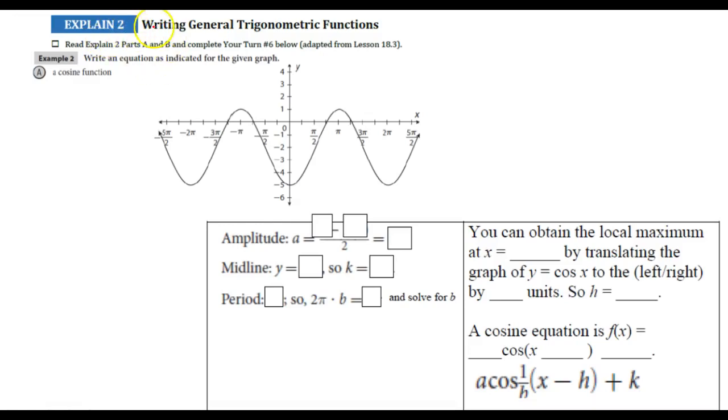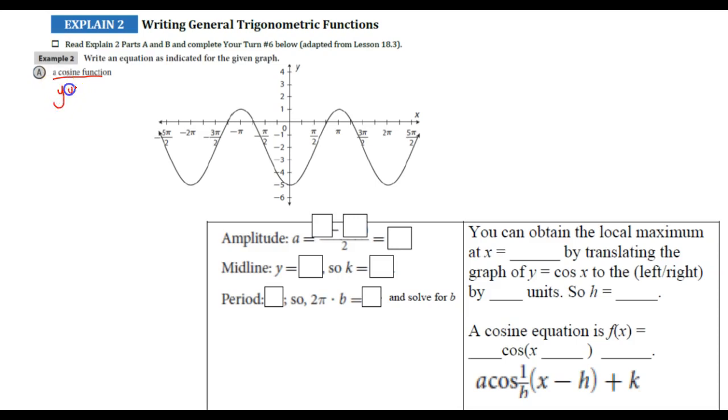Welcome back to Explain 2 of 18.3, Writing General Trigonometric Functions. So here they're going to give us a graph, so we don't have to graph it, which is nice. We do have to give an equation. They at least tell us that it's a cosine function, which means it's going to have a y value that